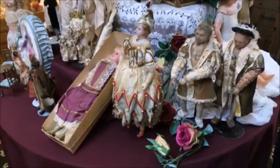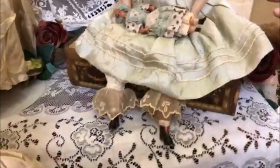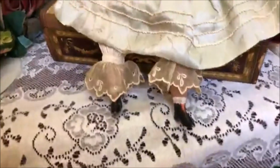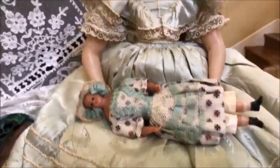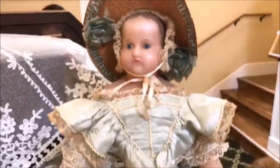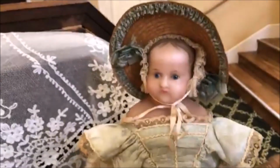And this is a wonderful piece too. This girl, totally original and a wonderful face. But look at, she does not have rooted hair. She's actually got painted hair, which is really kind of unusual. Oh, I love it. Beautiful original costume, about